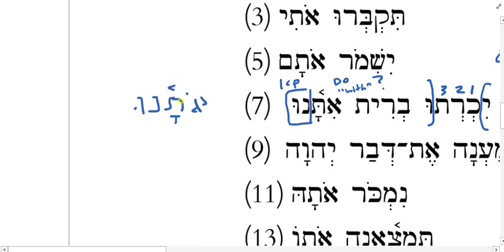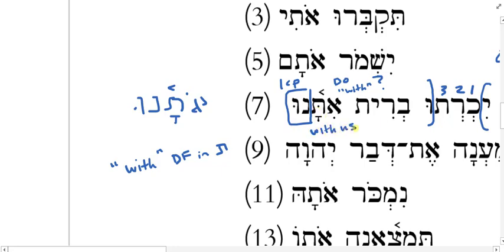Okay? Itanu and otanu. Which is which? What we learned back in chapters 15 and 16 is that if the word et occurs with a dagesh forte in the tav, then it means "with." So do you see one of these with a dagesh forte in the tav? Yeah, it's the first one here, the one that's actually part of our problem. And that means that I need to translate this as "with us."